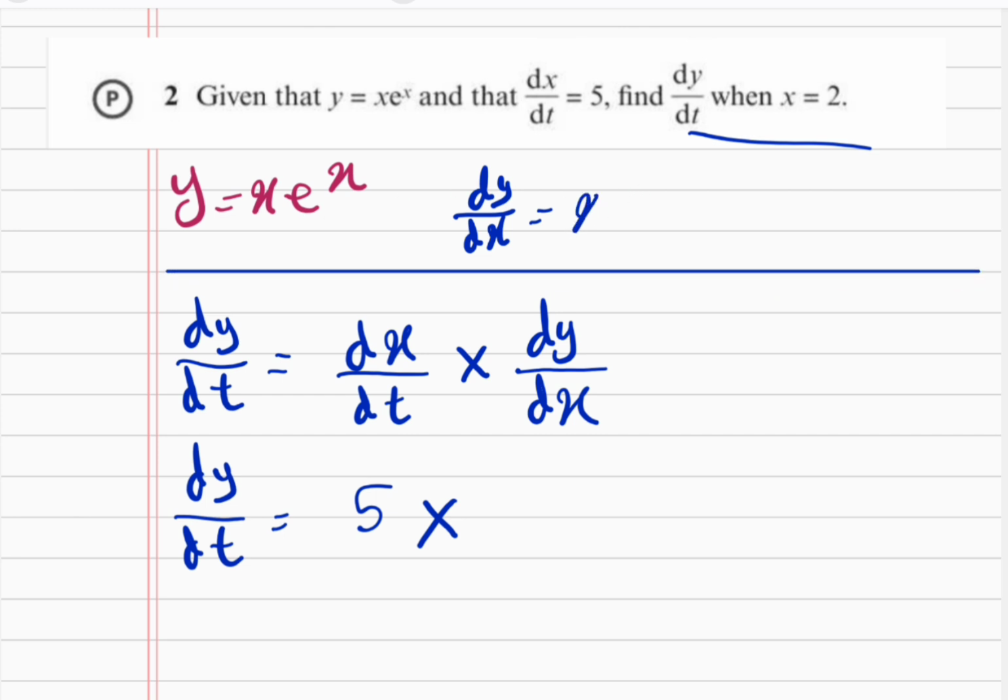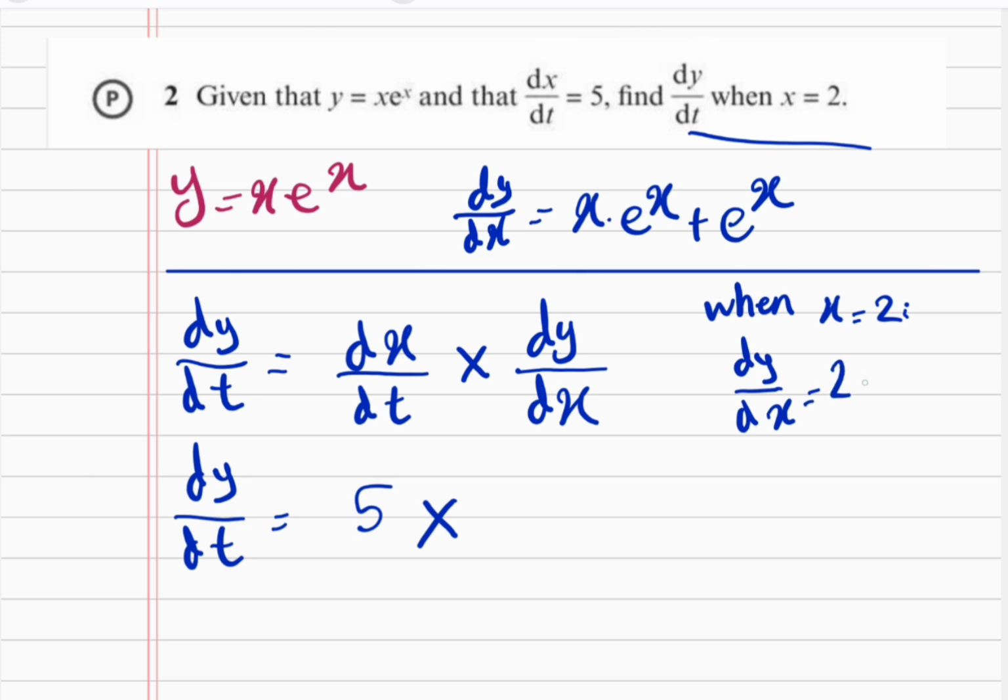we write down the first function and the derivative of the second function, e to the x differentiates to e to the x, plus the derivative of the first function times the second function, which is just e to the x. But remember, we want to evaluate dy/dt when x is equal to 2. So we also need to find dy/dx when x is equal to 2. So when x equals 2, dy/dx is equal to 2e squared plus e squared,